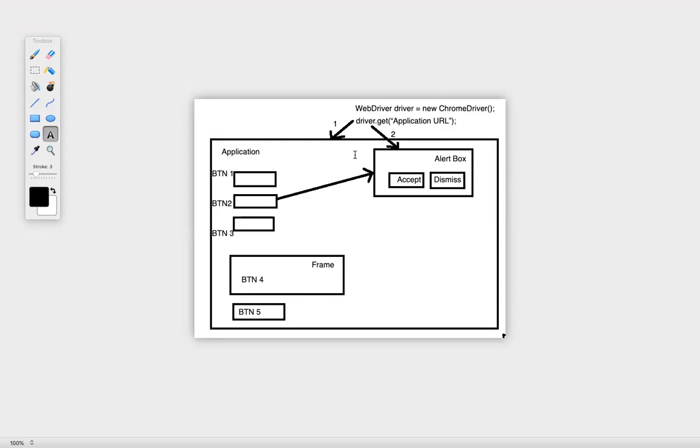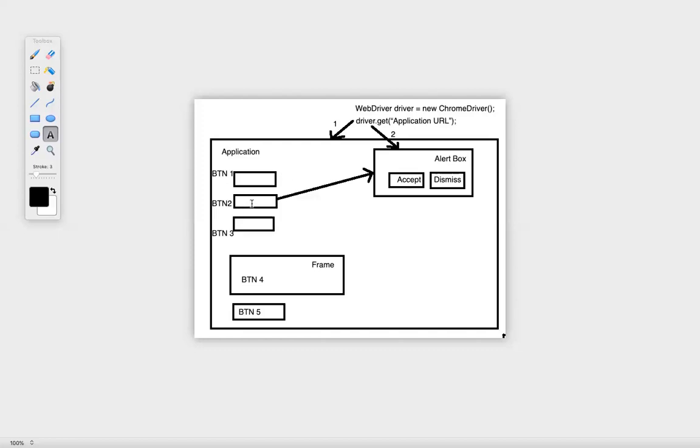Now, for example, if you are a new user who has just started learning Selenium, and you don't know about iframes, this is a very obvious and recurring issue which many people face. What I'll do is simply go to my website, get the XPath or ID of this particular BTN1, and perform some operation.